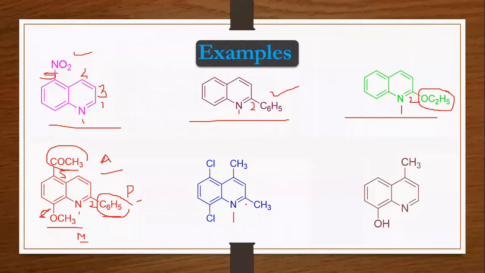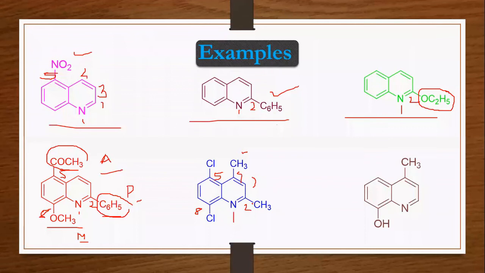Now we'll take the next molecule. 1, 2, 3. Here it is 4, 5. Okay. 6, 7, and you know that this is the 8th position. Now again, here is the presence of 2 different kinds of substituents. One is a chloro and another one is a methyl. Then alphabetically, chloro will come first. Thus the name is 5,8-dichloro because one chlorine is attached at the 5th position, another is attached at the 8th position.